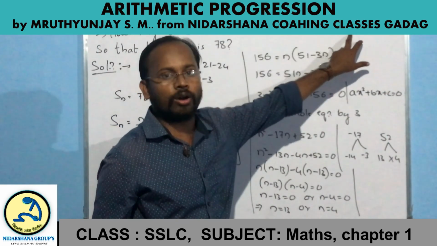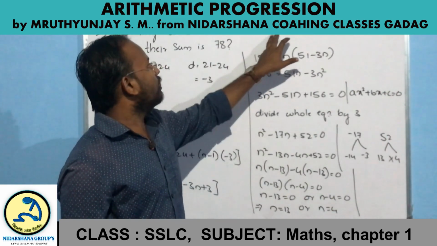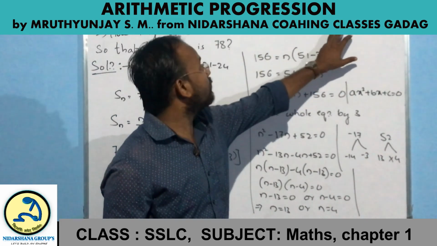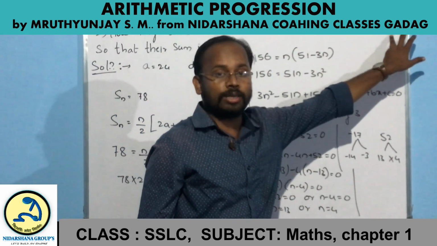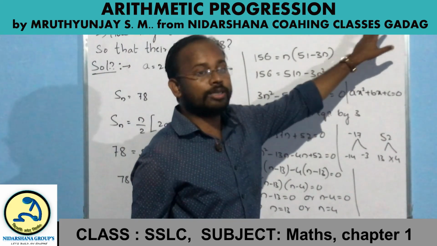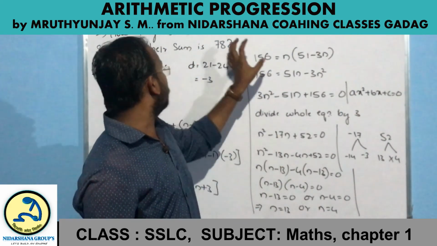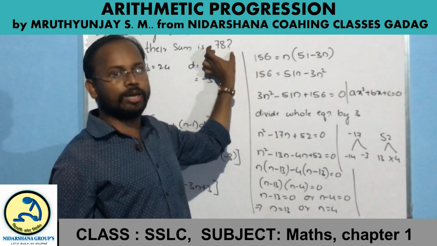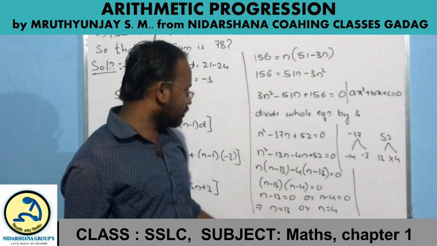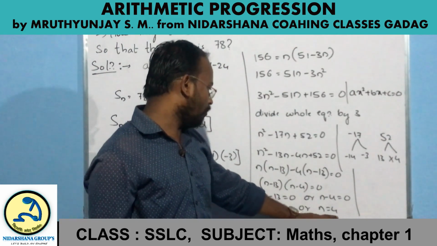Here this arithmetic progression is in the decreasing order. Okay, so we will get the positive integers first, after that we will get negative integers. If we get the negative integers, at that time they will get cancelled and we will get the answer 78 here. So because of that, we can use the number of terms as 4 or 13.